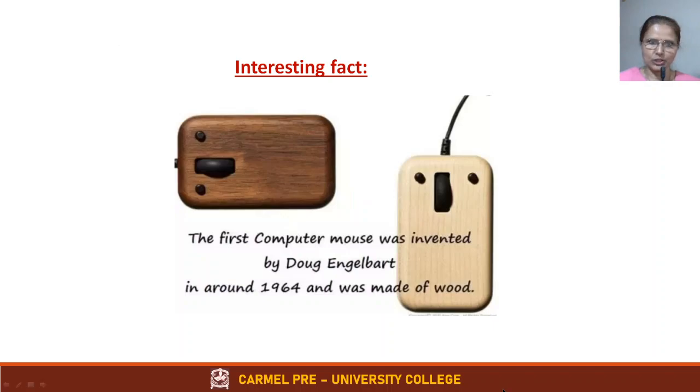I will leave you with this interesting fact which I found interesting. The first mouse which you are using extensively for using the computer was made out of wood. See, this is how it looked like. Isn't it amazing? They had the mouse like this, the buttons were like this, and this is the one to move around. Okay, it was invented in around 1964 by Doug Engelbart. So I thought I'll share it with you.